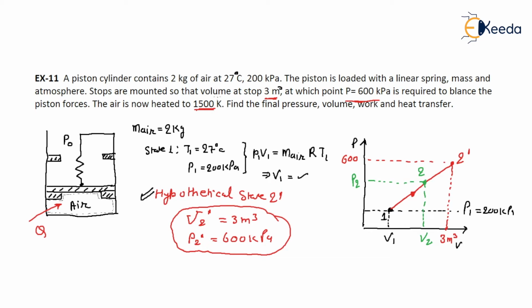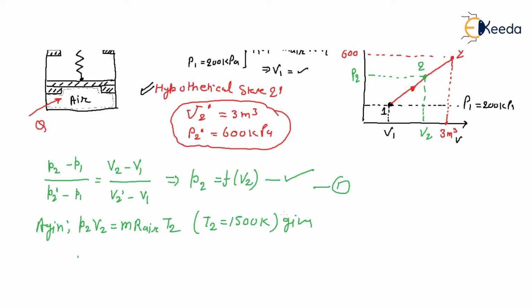So at 1500 Kelvin, what is P2 and V2? This P2 and V2 is the hypothetical state, for which process do we draw the hypothetical curve? For which process do we draw